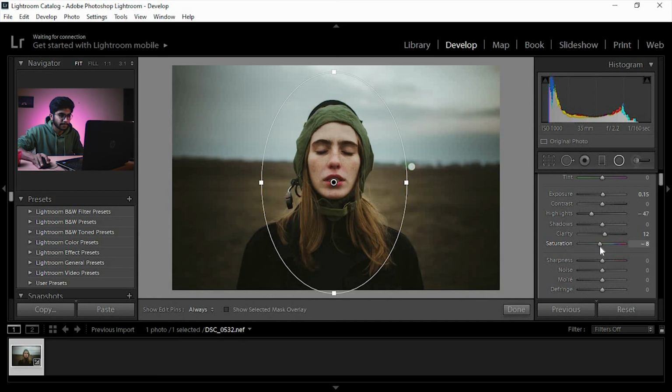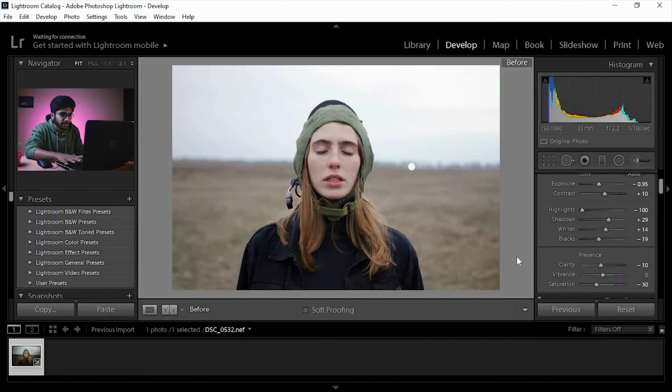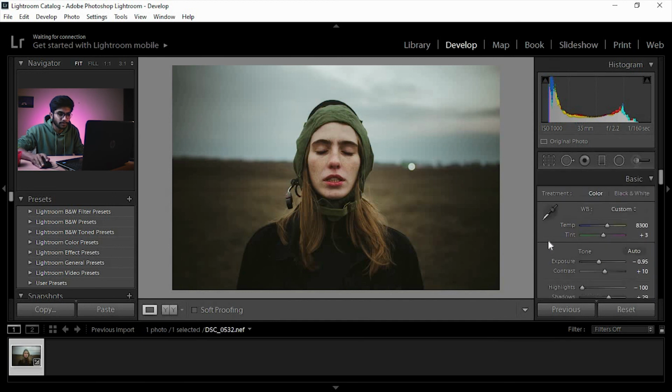Saturation a bit, because that's really looking much. Let's go for minus 5. Sharpness, increase a bit of sharpness, not much. Let's go for 20. Okay, 21. Okay, so let's feather out what we did. Really, we want to feather it out, and we are done. So let's see. This is before, this is after, and what we did with the pop.